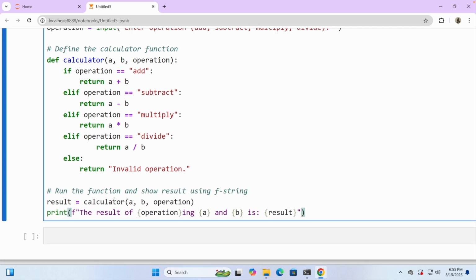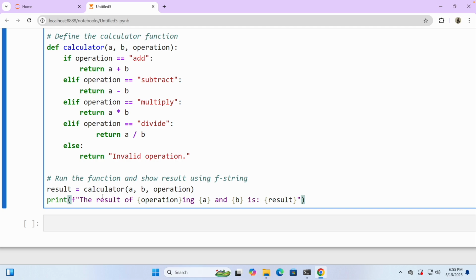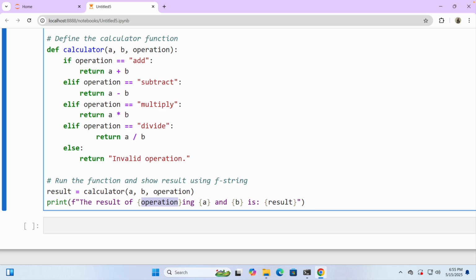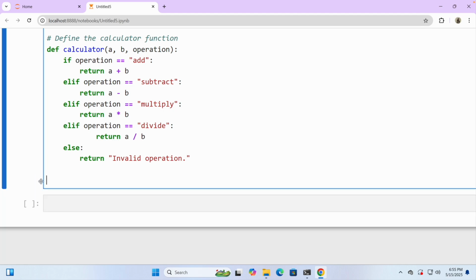that run the function and show result using f. So whatever result we have, we just have to print the answer, the result of the operation, okay. So whatever the operation will be, subtract, multiply, okay, whatever the a value, whatever b value, and the result we are going to get, okay. So suppose if I just